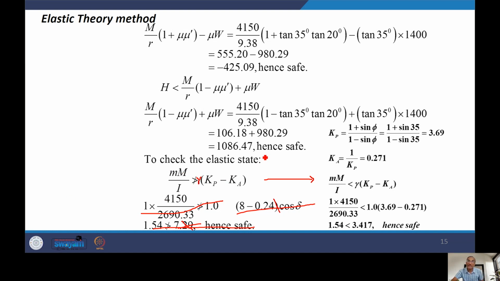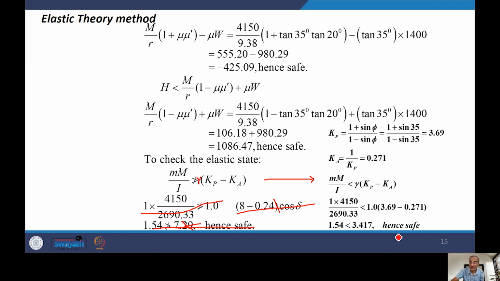So what you have, Kp in these equations, is nothing but (1 + sin φ)/(1 − sin φ). So you get this for 35 + φ. Same thing is for Ka, which is the reverse, 1 over Kp, it's 0.271. So this way you got these numbers, and when you put in this